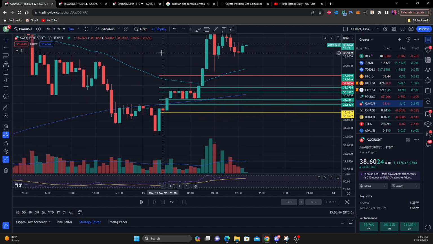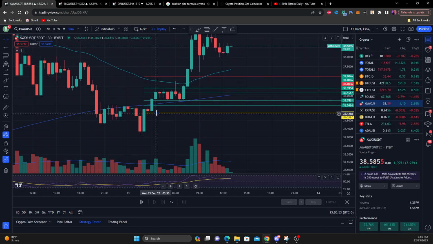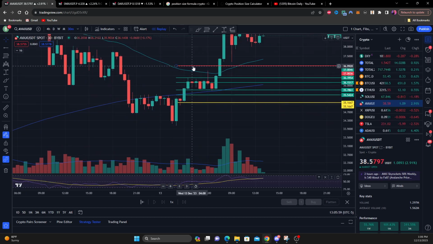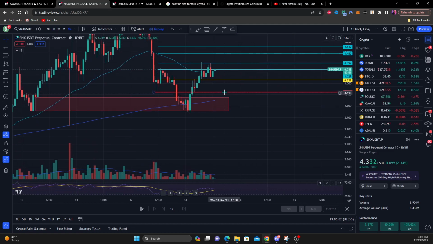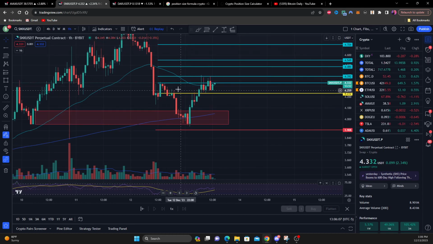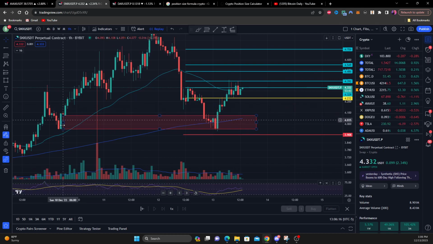entering trades. You don't always need to enter your trades in one lump sum at the entry, right? So let me see. For example, over here, this stop loss was somewhere here, right? So when a trade is signaled, you can actually take a look at the chart yourself, and if you see on the chart that there's some potential liquidity pools down here that the price might revisit, you can ladder your entries. So you can take half your position here, half your position in this liquidity pool, and leave your stop loss